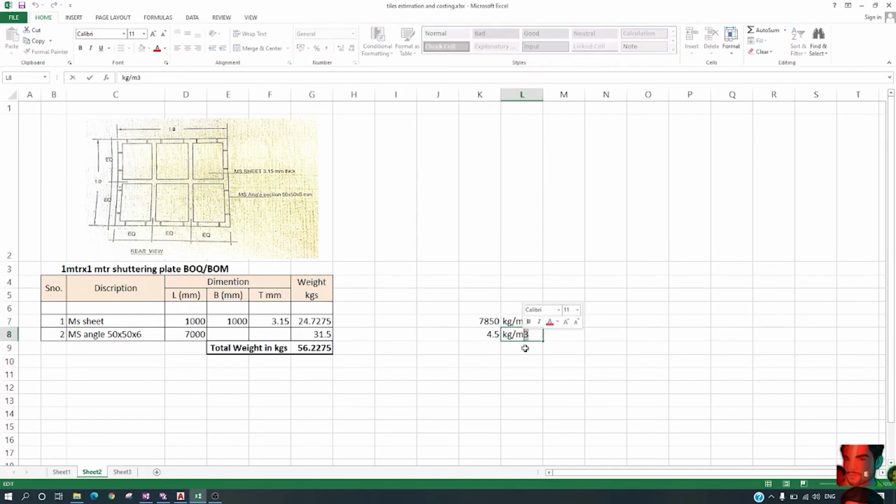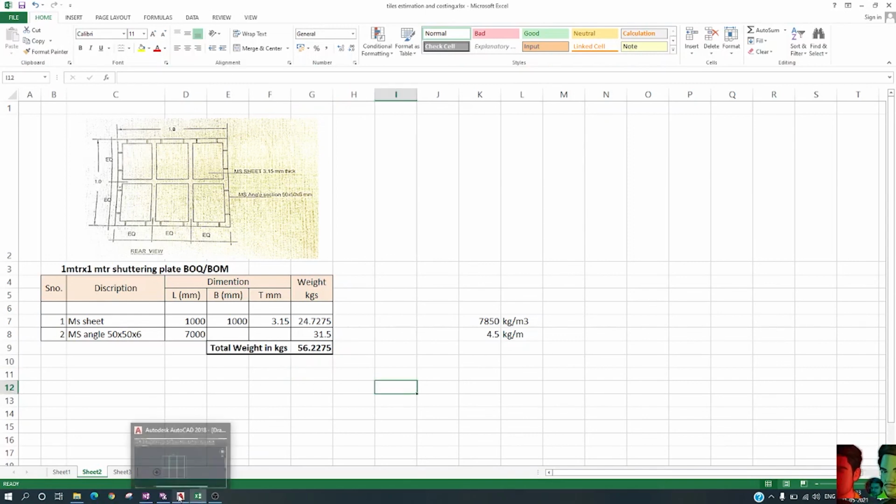So we convert 7000 mm into meter and multiply with 4.5 kg, and this value comes about 31.5. So we sum these, and our one shuttering weight is about 56.225 kg. This is approximate.